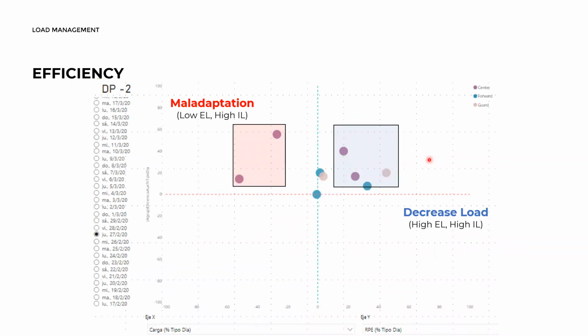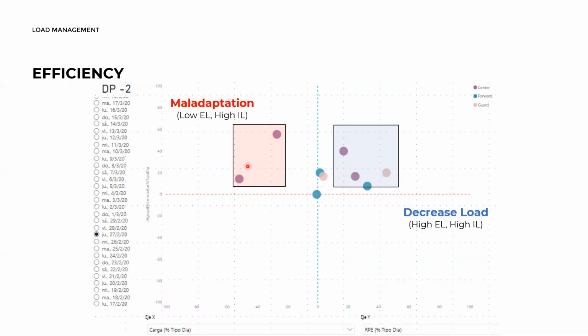For example, in blue, we can see the players with high external and internal load. It was on Thursday, match day -2, so it was a hard session. It's not a surprise. But in red, we have 2 players